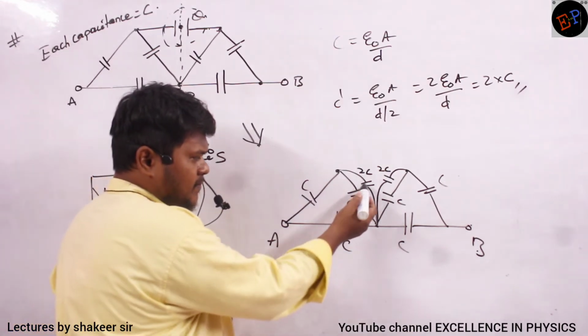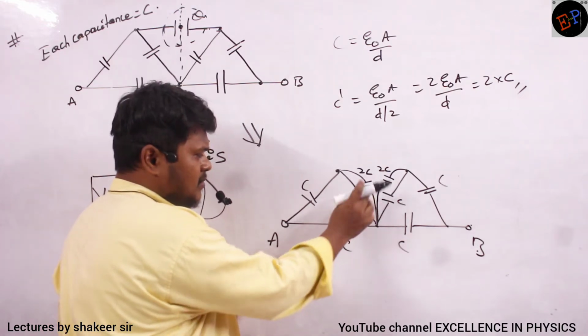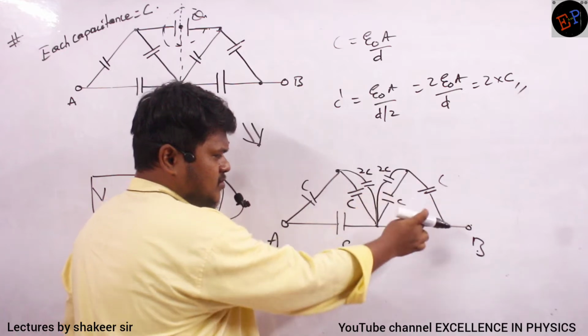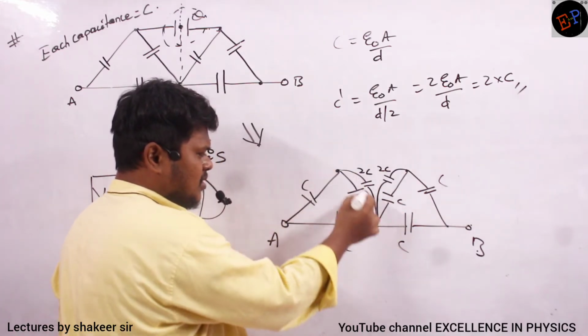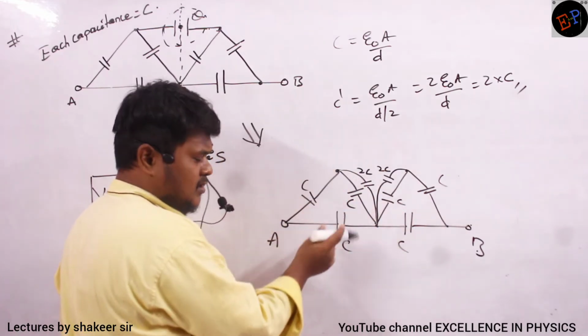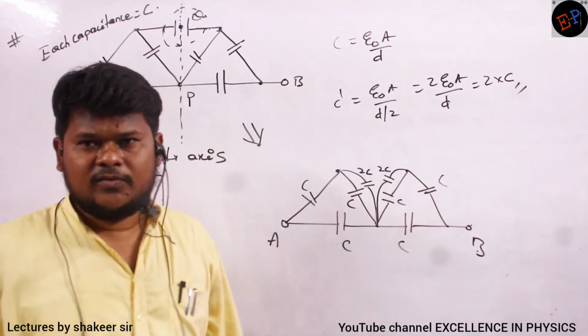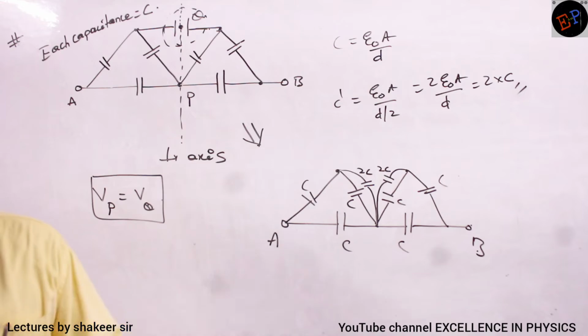These two are in parallel. This total branch with this one, series. Similarly, this one is also in series. Similarly, this total branch and this branch, it is in parallel. So this one and this one, they are in series. So just solve the circuit, you will get the answer. Okay, first make a note up to here.